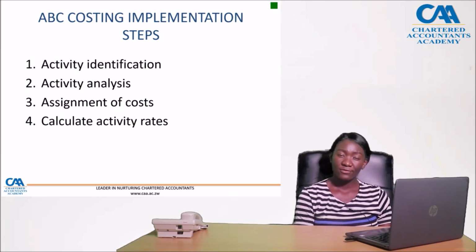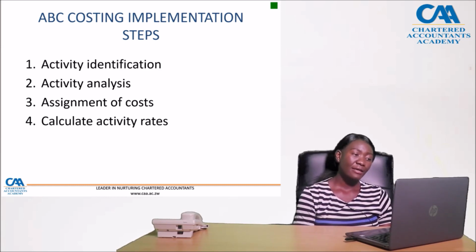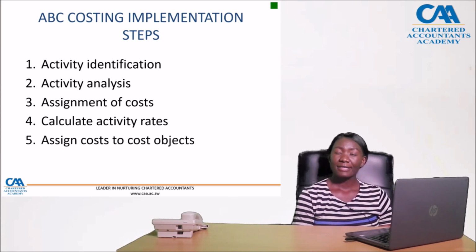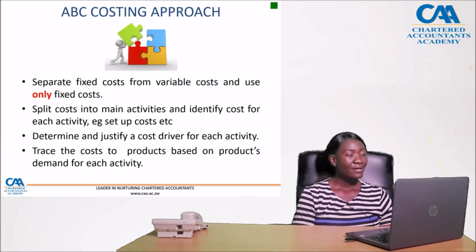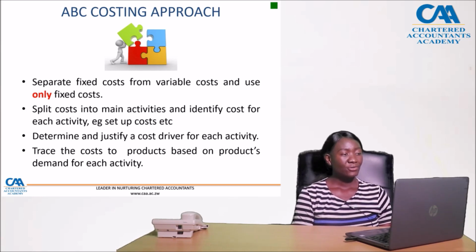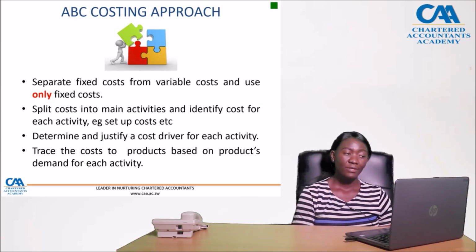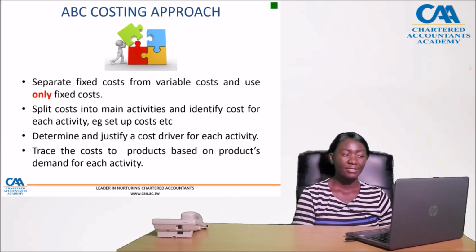So my total cost for ordering divided by the number of orders, I get the activity rate, which can be $1 per order, which is an example of an activity rate. From there onwards, I can assign costs to cost objects. Quite simple. So the approach to activity-based costing is there is need to separate fixed costs from variable costs and